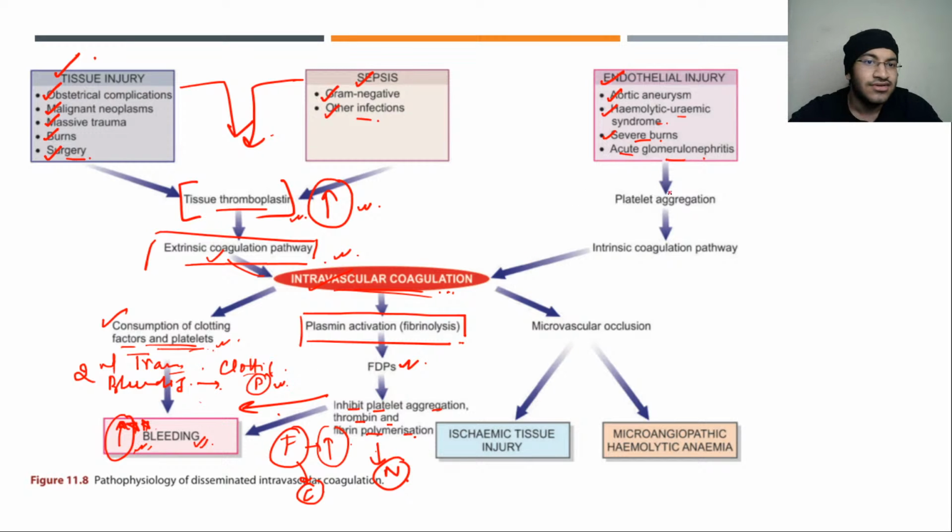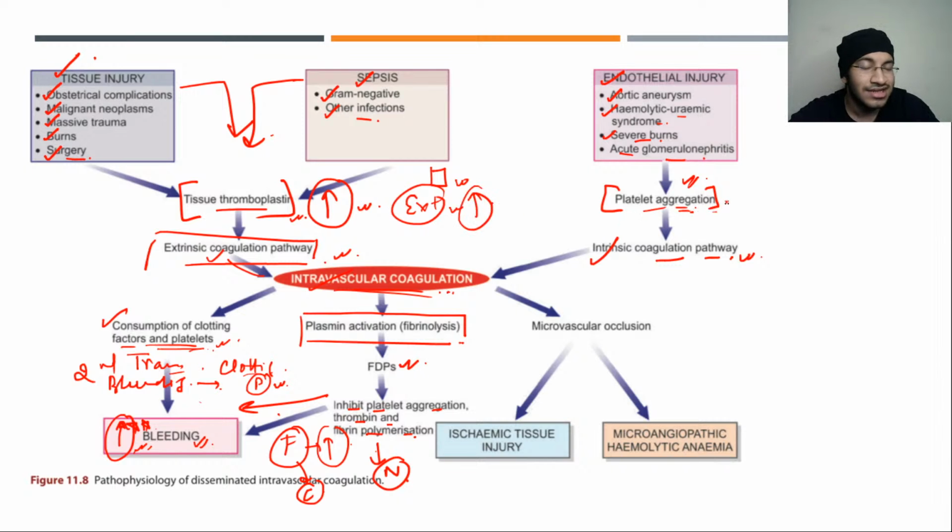Now comes the endothelial injury. Endothelial injury happens, then platelet aggregation will happen, so the intrinsic coagulation pathway will take place. Whatever was happening from outside, the extrinsic pathway will be activated. Inside, platelet aggregation will happen because of endothelial injury, and the intrinsic coagulation pathway will be activated. The intrinsic pathway will do the same work, intravascular coagulation. After intravascular coagulation it will cause microvascular occlusion, and this microvascular occlusion will be causing ischemic tissue injury,